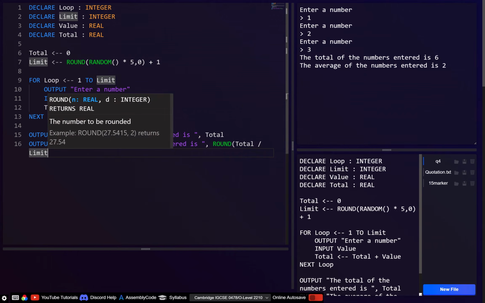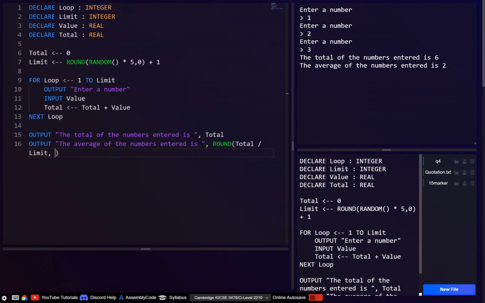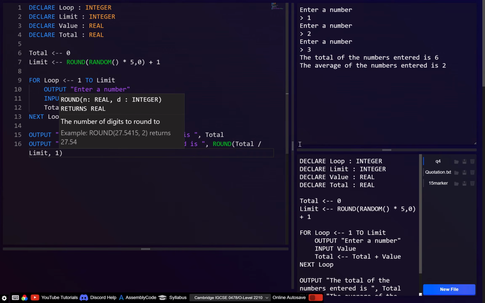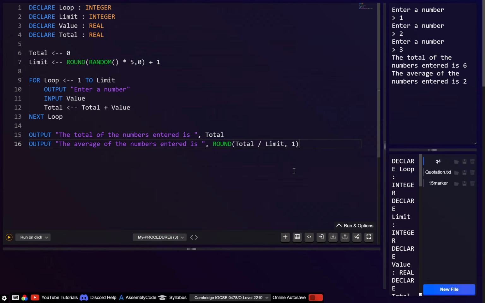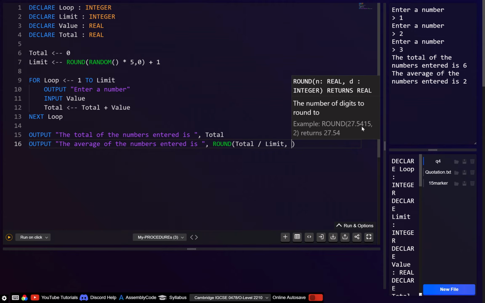So we just take this round, and if we want to round it to 1 decimal place, the second parameter is just going to be a 1. The first parameter is going to be the number we want to round, which is this total divided by limit. And if I show you again, the second parameter is the number of digits to round to. So, for an example, rounding